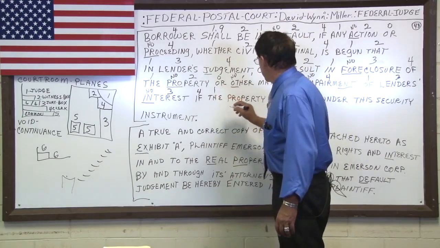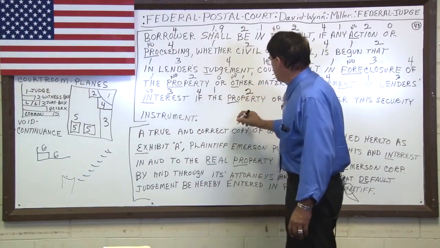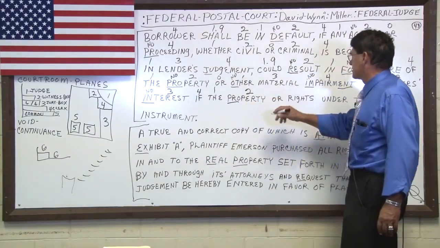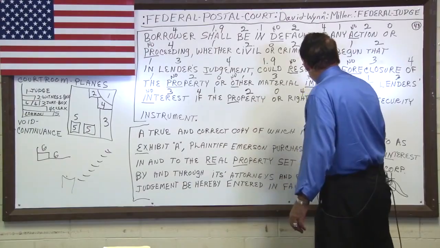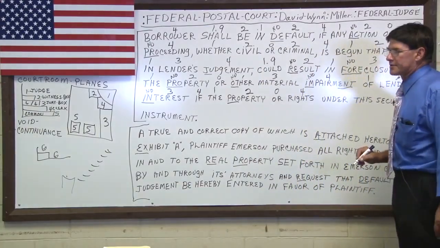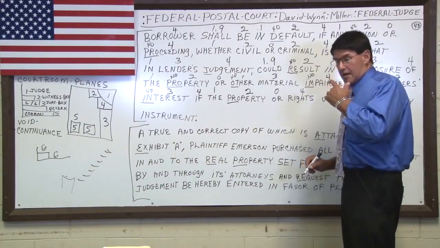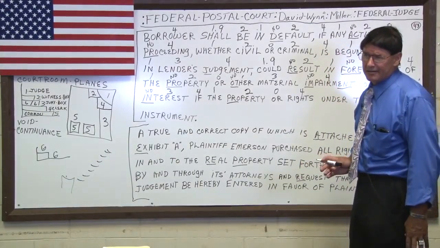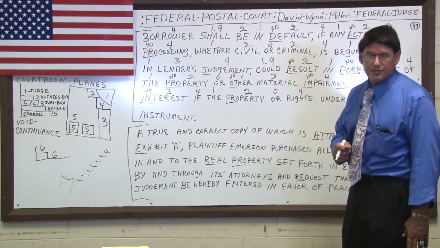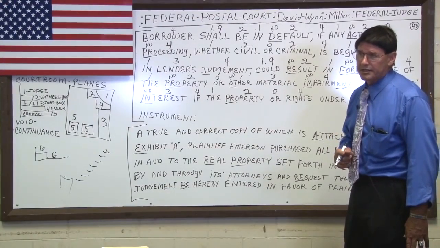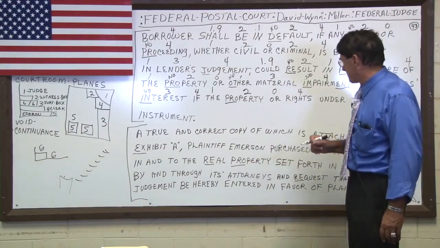The word the now becomes an adverb, modifies the word property. PRO is no, PER is person, and TY is contract, or is your conjunction. Rights is a pronoun. You have no rights. Now, when it comes to the word rights, I once said to a judge in 1985, I have rights. The judge says, a fox has a right to eat, and a chicken has a right to eat. Enough said about rights. Think about it.